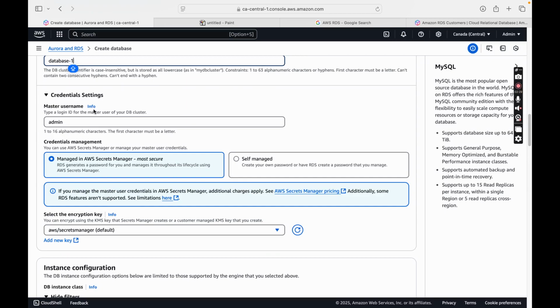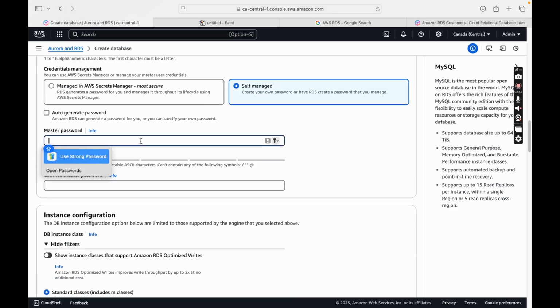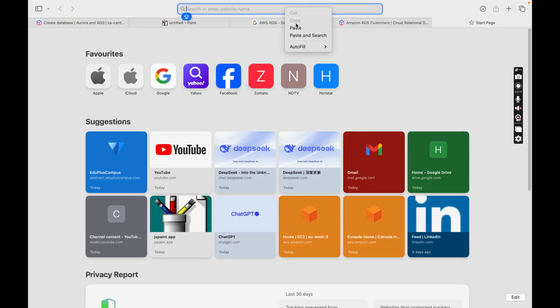Now, as we know, when you install a database we should have credentials, because if anyone gets a particular endpoint, they can access it. So we are securing with the help of username and password. For credentials management, there is a separate service from AWS, Secrets Manager, which will hold your credentials in a safe way. But if you have your credentials handy with you, then you can create and keep them with you. So let's choose self-managed credentials. I'll choose a strong password, and I'll copy this password and save it,